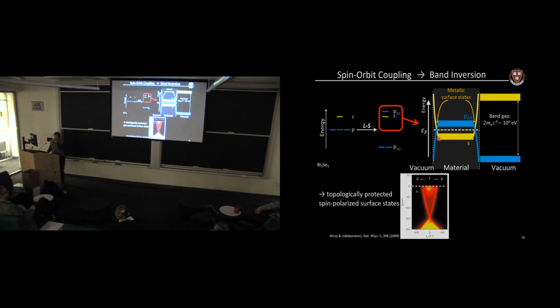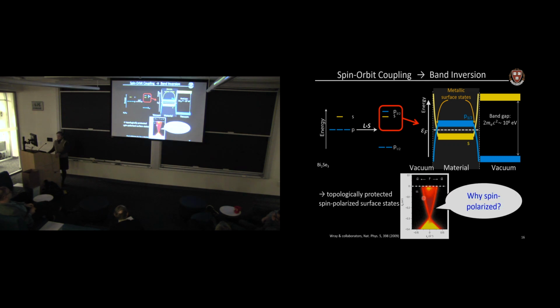But I also want to credit Professor Ray, who was one of the key people in the experimental discovery of these materials. So in his PhD work at Princeton, he was among the first to actually use angle resolved photoemission and measure the dispersion relation, the energy versus momentum relationship of the metallic surface states that live on the boundary of the material. And these surface states take the form of a Dirac cone, and they're actually spin-polarized. So the states on one side of the Dirac cone have one spin orientation, while the states on the other side of the Dirac cone have the other orientation.